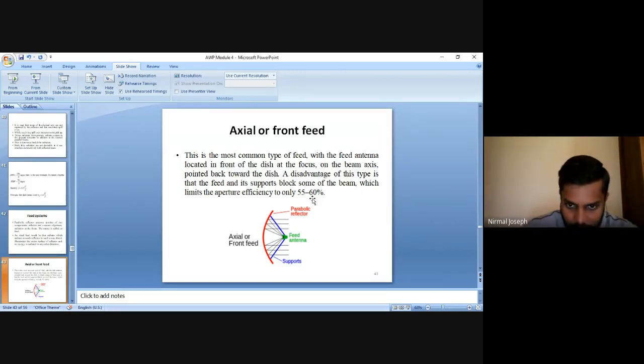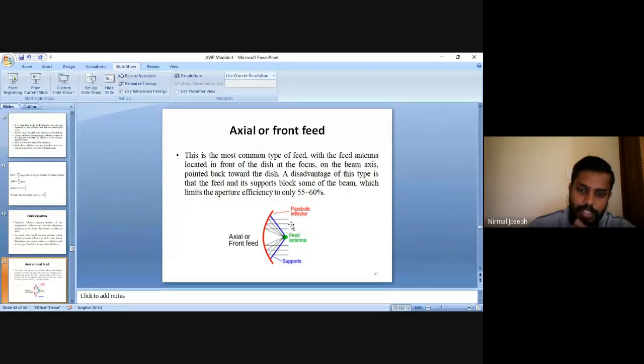Here the feed antenna is shown in green color, and the supports are shown in blue color. The feed antenna should be supported by something. It cannot hang in space like that. We have to give a support for the feed antenna. So these blue lines are the support of the feed antenna, and the feed antenna is placed here. We supply the feed antenna with the signal we want to transmit, and it is oriented in this direction and transmits in this direction, and all those waves will be reflected back